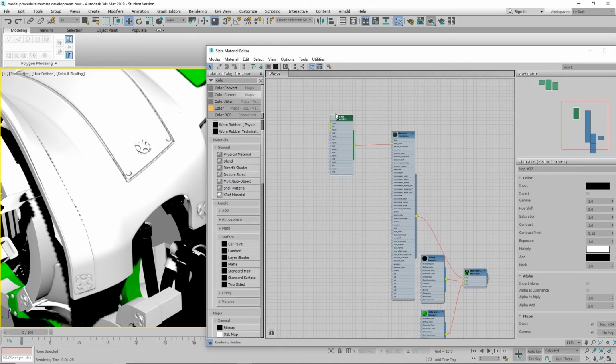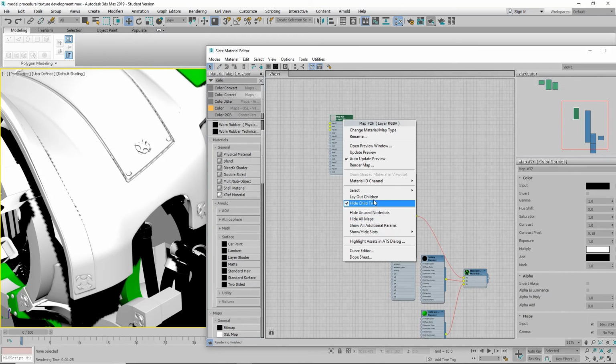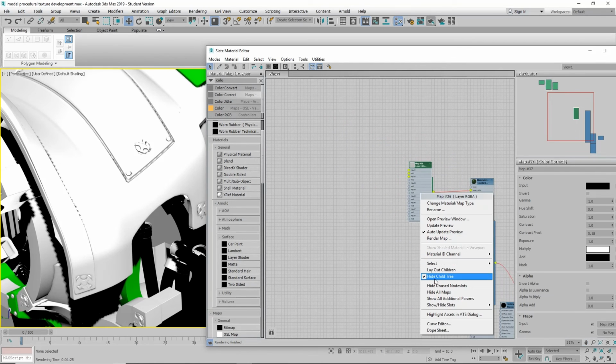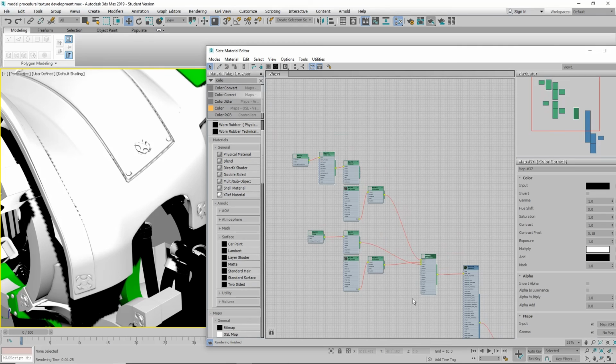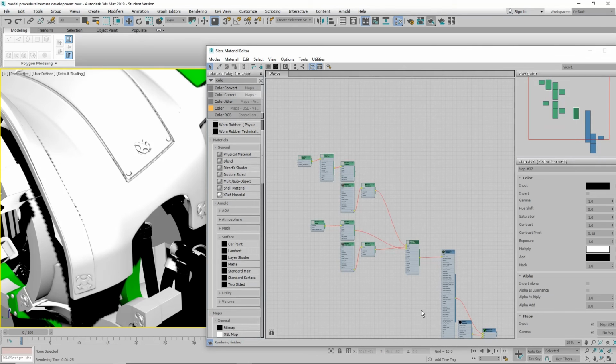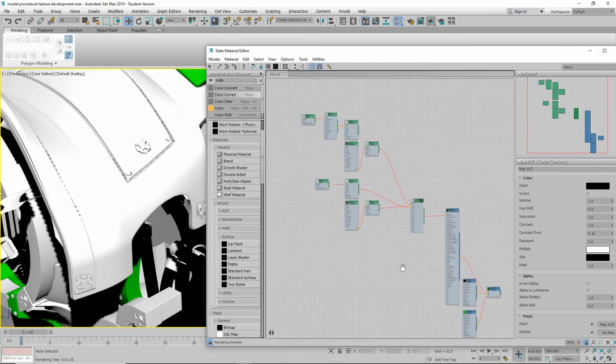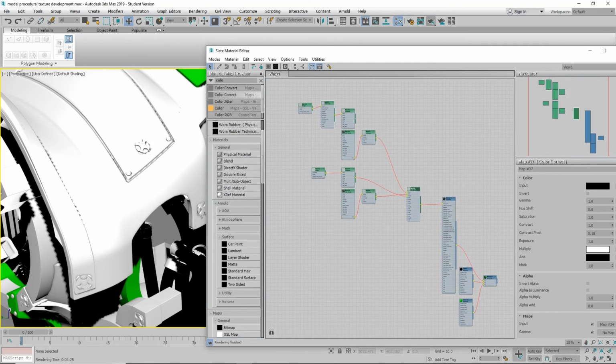So basically, what we need is, if I lay out my children and unhide it, there we go. What I need is one of these and one of these for every one of the slots on this that we need to use, which is diffuse, everything. Okay, now obviously that's going to take a little while to do, so I'm going to pause and show you